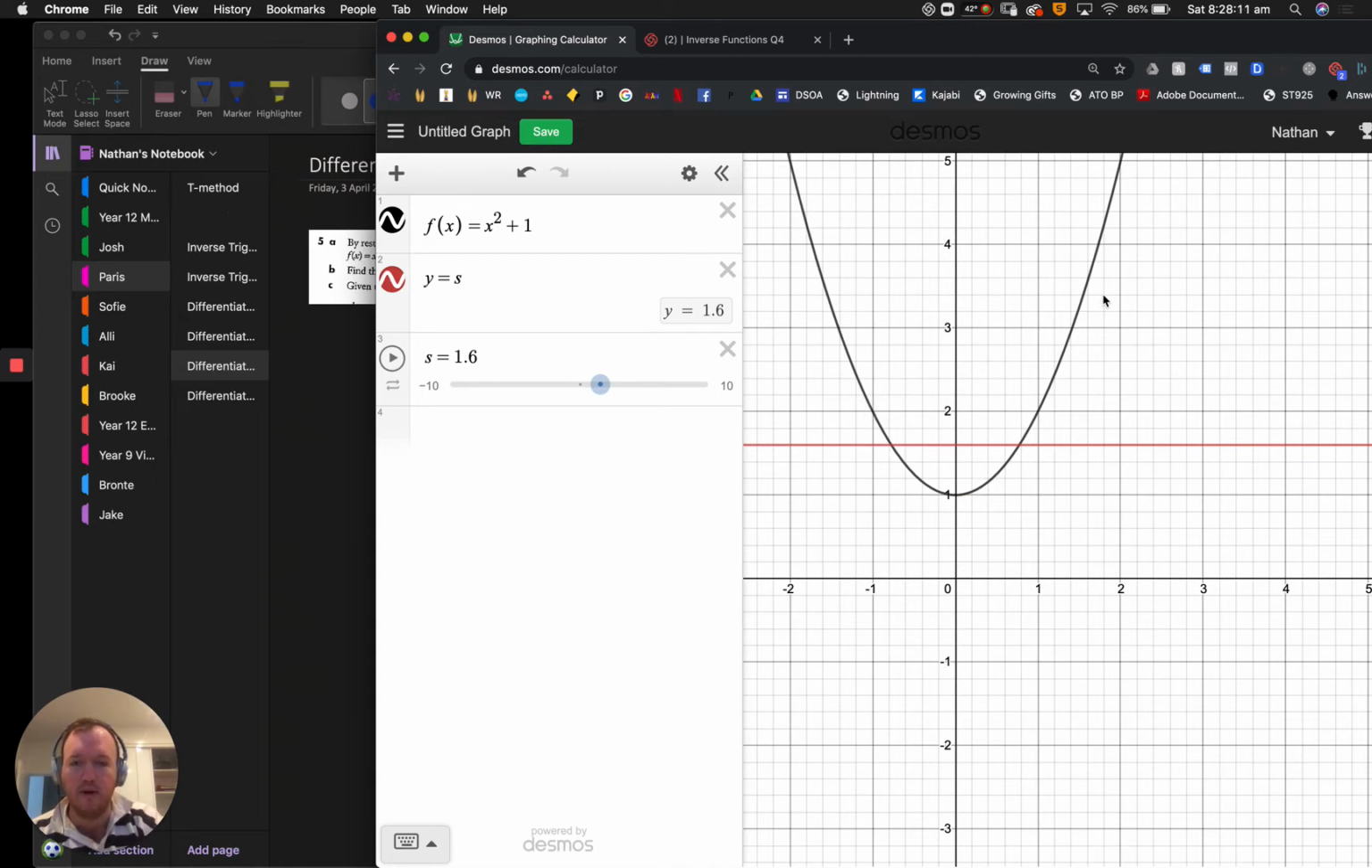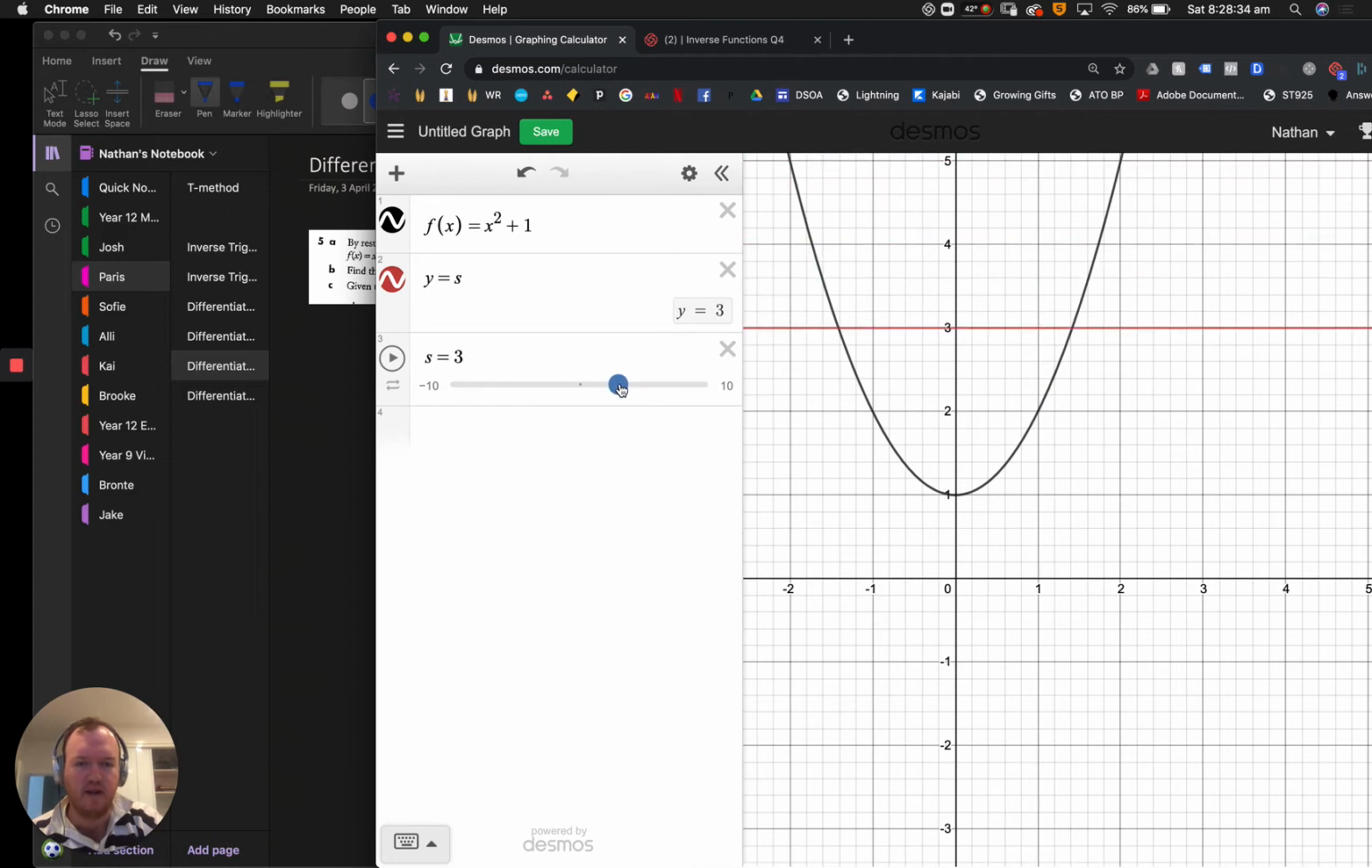Super important when we're asked to find inverses of any parabola, the key is to find the vertex. Can't do anything without doing that, but this one's quite an easy one. We know the vertex is shifted up here to 0, 1. But again, obviously this parabola fails the horizontal line test, which means that as it currently is, we cannot